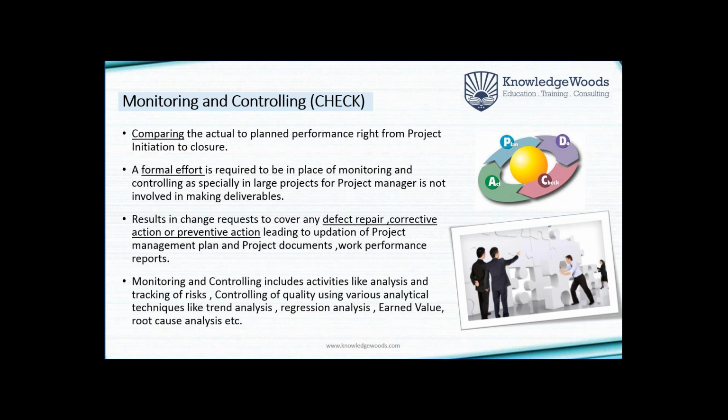And after the analysis of these variances, whether negative or positive, especially the negative variances, slowly you will come to the conclusion that we need to do something. That something will be in the form of repairing the defect, taking corrective action, or taking some preventive action. Repairing the defect means immediately repairing the defect and getting things back on track. Corrective action means taking certain action so that the project comes in line with the project management plan.